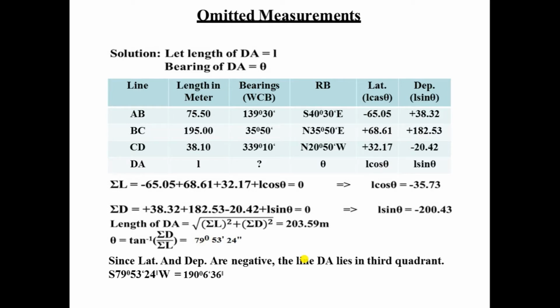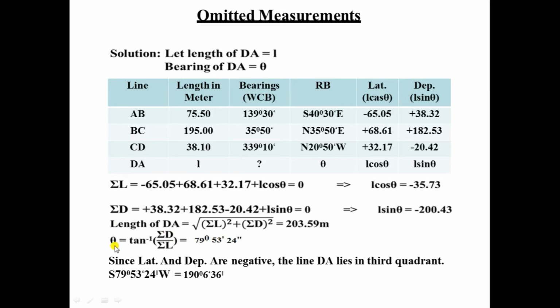After that we put the summation of latitude with L cos theta for the missing reading, and the summation of departure with L sin theta for the missing reading, and we can get the values of L cos theta and L sin theta. So we can put those values into the latitude and departure. After putting those values, we take the summation of L square and D square, and we get the length of the line,